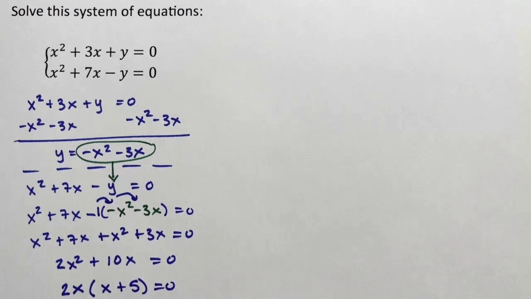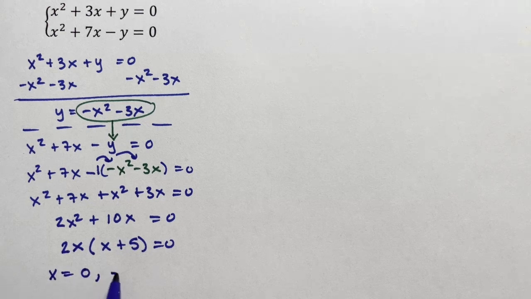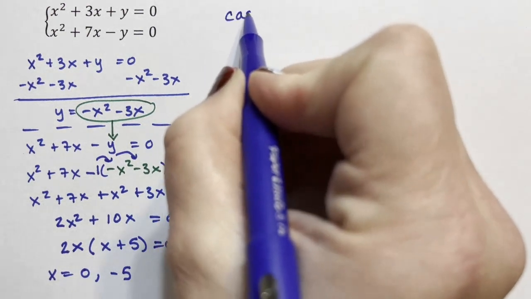I have 2 points of intersection, and those 2 points of intersection are x equaling 0 and negative 5. So these parabolas intersect at two places. So I need to figure out the y for each of these two x's. So case A,